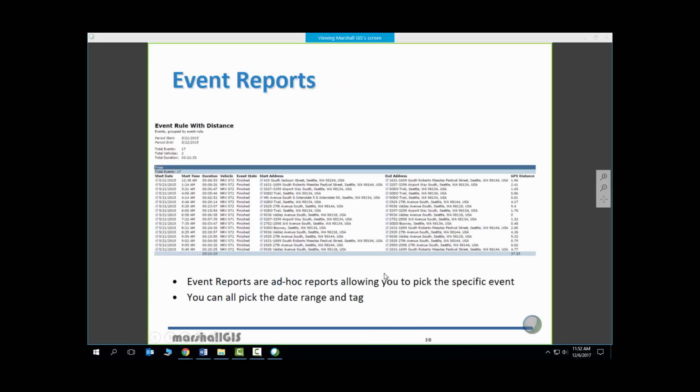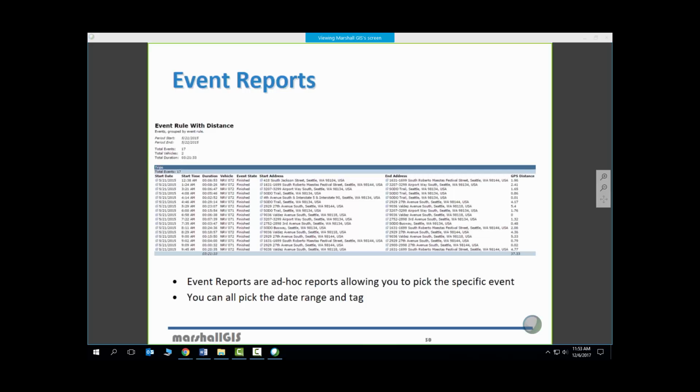And there's another report, it's called an events report. This is nice because it's an ad hoc type of report that you can create. And you can combine event rules, tailor it to specific vehicles, and tailor it to specific time frames that are important to you. So just as an example, you might say, I want to know, within a district boundary, this vehicle, this time frame,